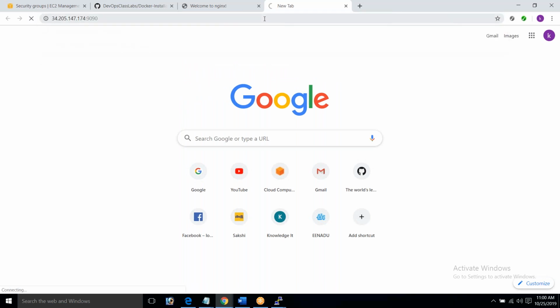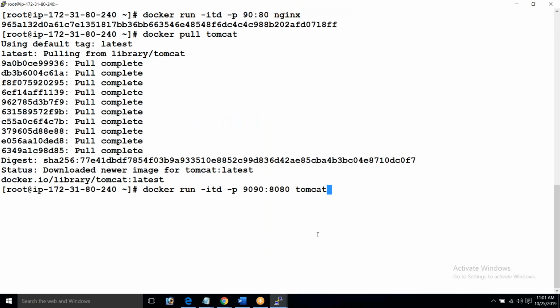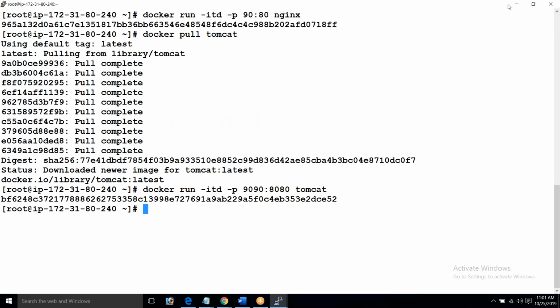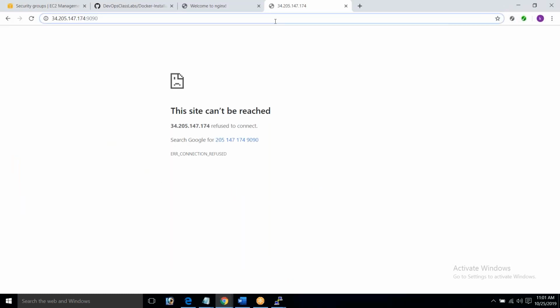Let this run like this. Copy the IP and hit port 90. Page not found should show. It's not coming. But the moment I run this command and re-hit the page, you should see a Tomcat page coming up.